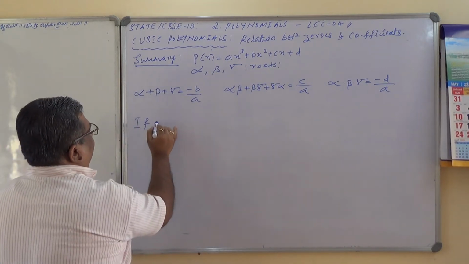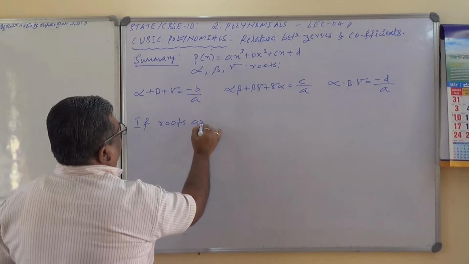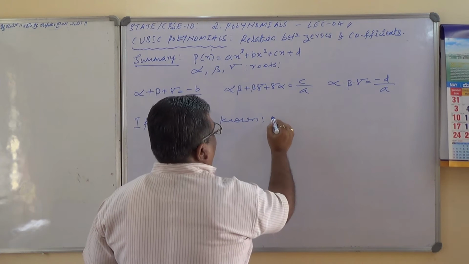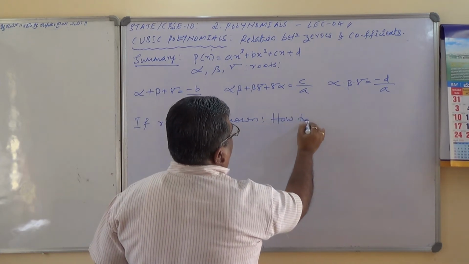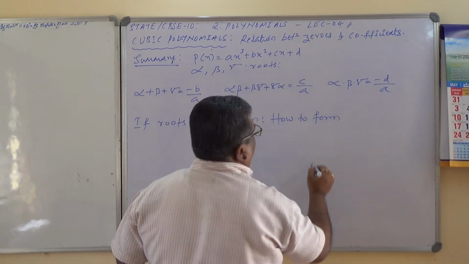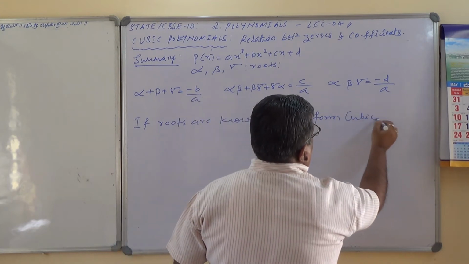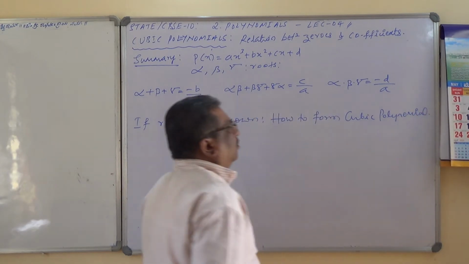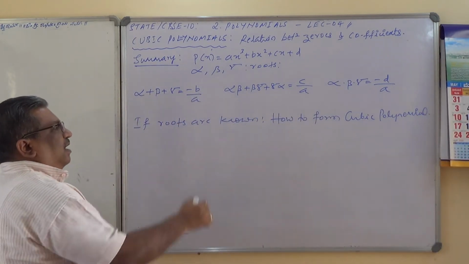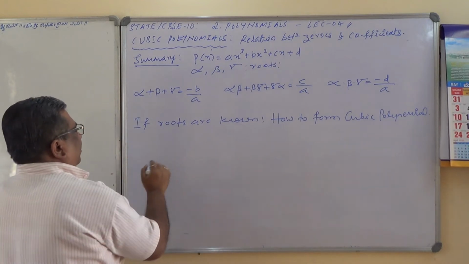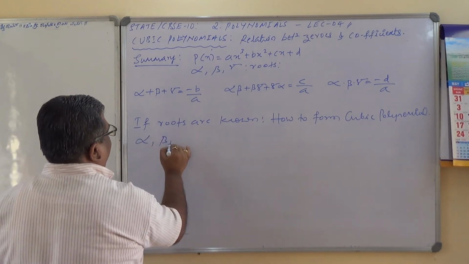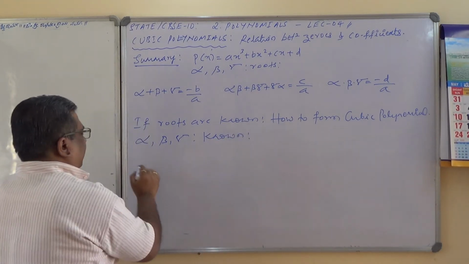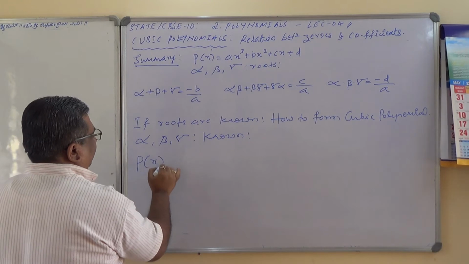If the roots are known, then how to form a cubic polynomial? What are the roots here? Alpha, beta, gamma. If these are known, how to form the cubic polynomial? Okay, here alpha, beta, gamma are known. Therefore, the cubic polynomial p of x is given by